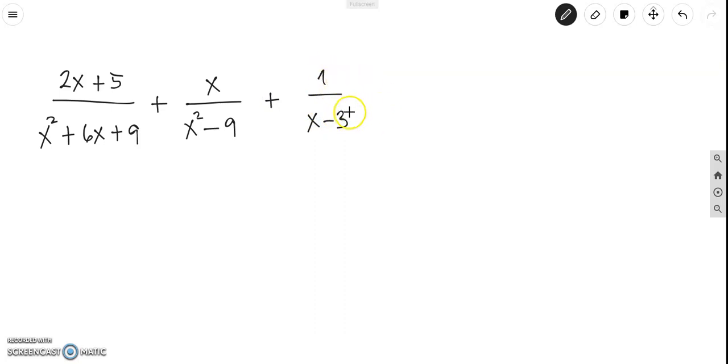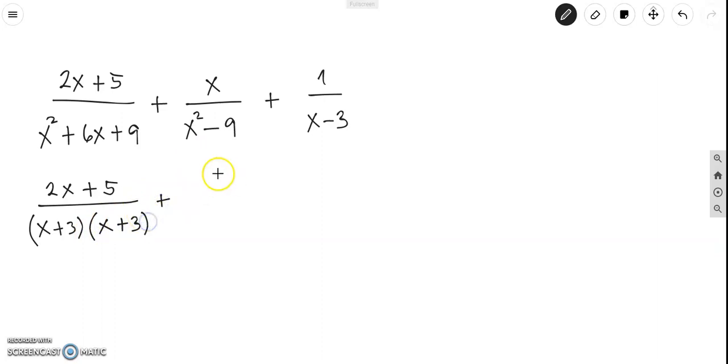What is the common denominator? We can write the first term as 2x plus 5 over, and this can simply be factored as x plus 3 times x plus 3,